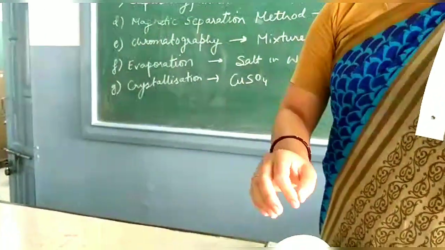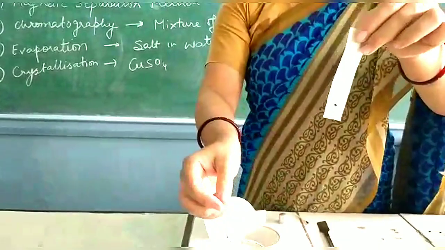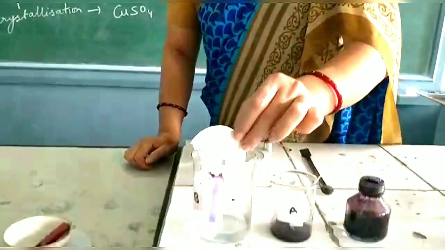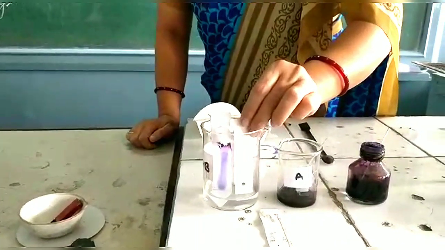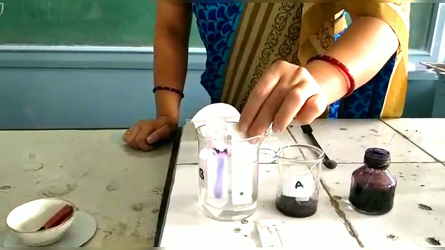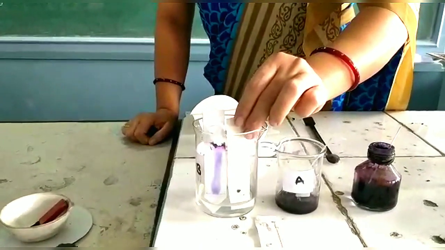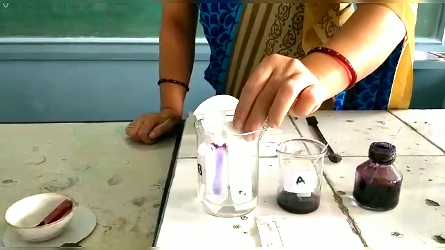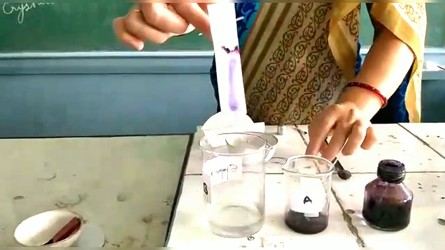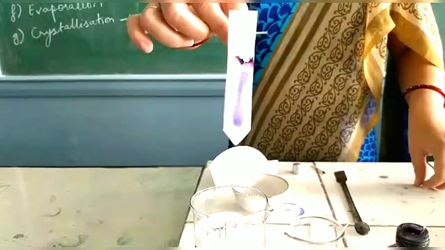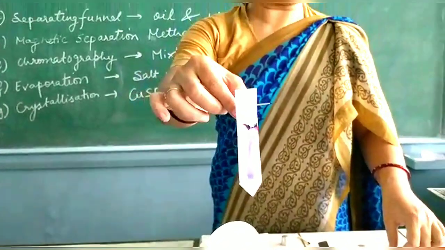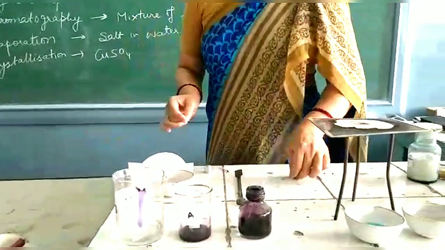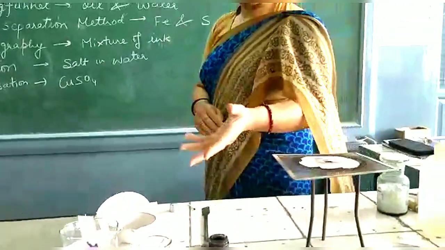Now what we do is, we have to dip this paper, the lower part only, into a solvent, basically acetone or a mixture of acetone and HCl we are taking, or any organic solvent, and you dip it in this way, so that due to capillary action the solvent starts rising and taking all the components in the upward direction. On the basis of solubility and different rates of adsorption, these components start rising up due to capillary action. As I have applied this strip earlier, because it will take some time, you can see the separation of the components that goes this way. So we can apply chromatography to separate a mixture of colored components from either pigments or a mixture of ink.